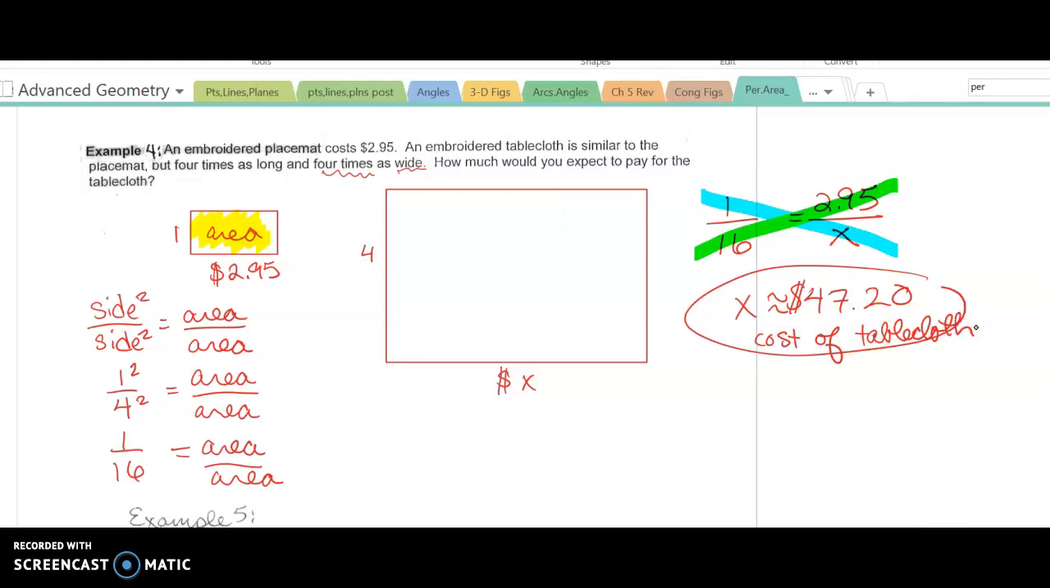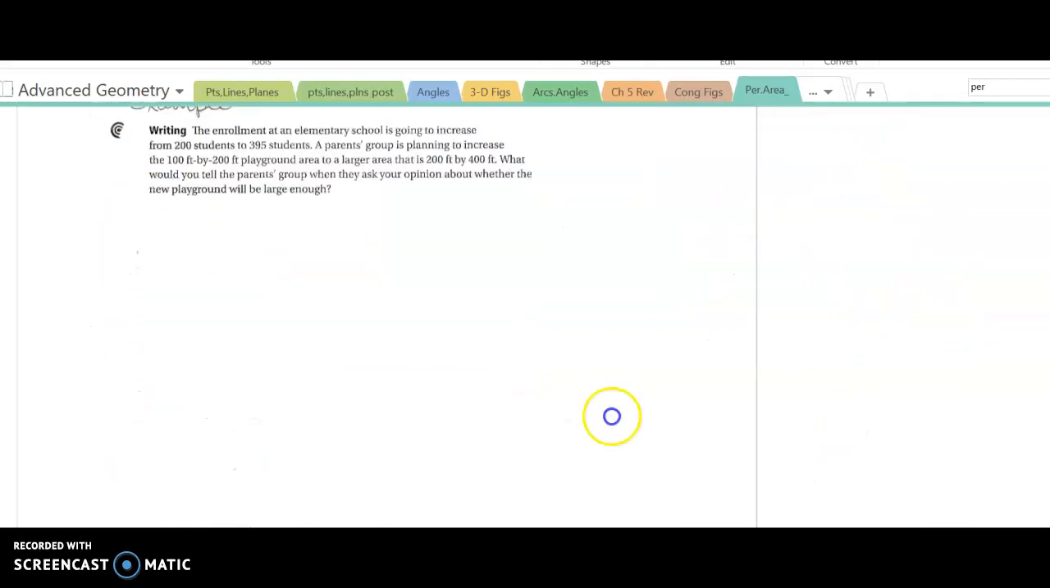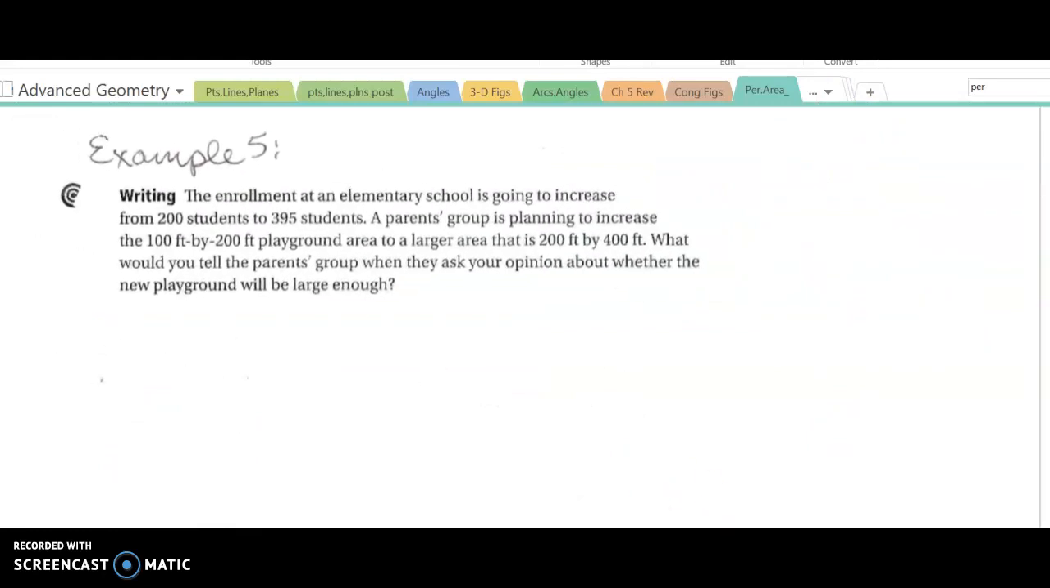And then there was one more example down here. The enrollment at an elementary school is going to increase from 200 students to 395 students. A parent group is planning to increase the 100-foot by 200-foot playground area to a larger area that's 200 by 400. What would you tell the parents group when they ask your opinion about whether the new playground will be large enough? So we have 200 to